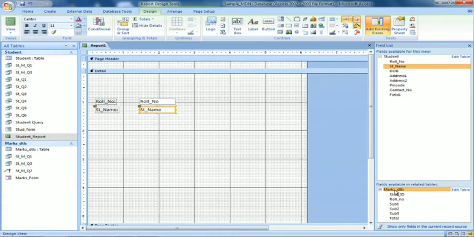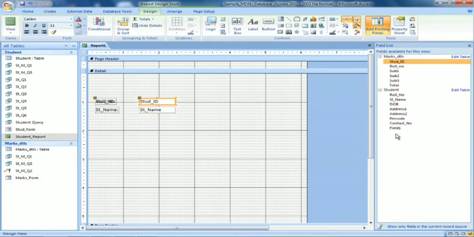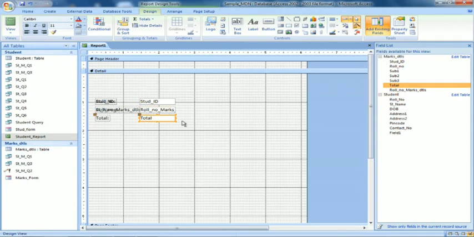I click on marks also. This will bring student ID, roll number, total. Now let's arrange this.